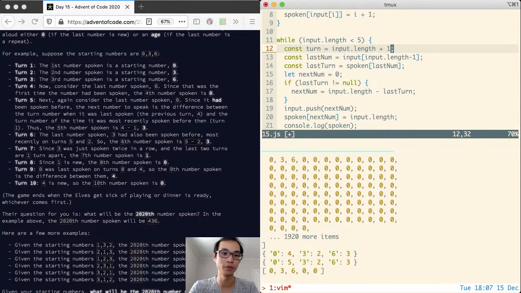The last number we spoken was 6. Actually, no. 0, 3, 6. Yeah. So we're on turn 4. The last number that was spoken was 6. The last turn that 6 was spoken was